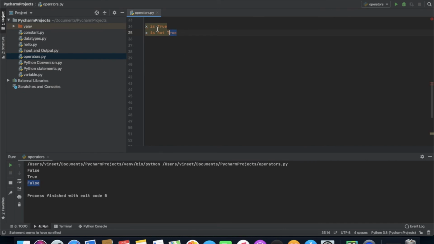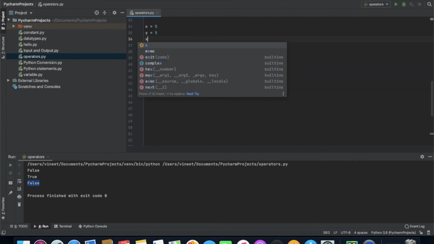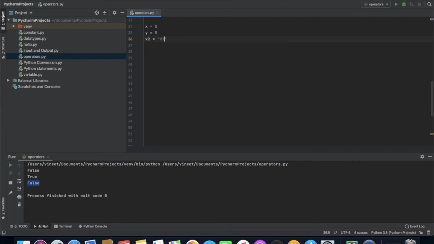I'm just going to show you a simple example: x equal to 5, y equal to 5, and x2 equal to Vineet and y2 equal to Vineet, and now just print this out.